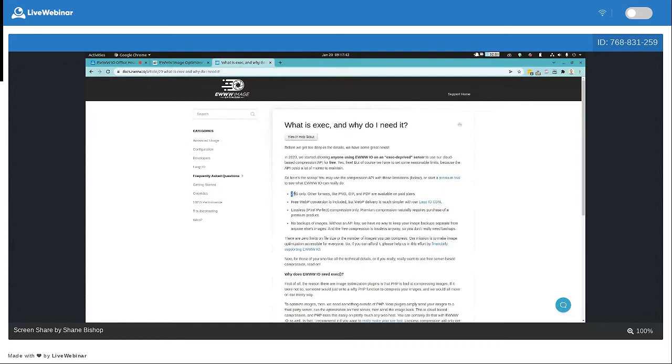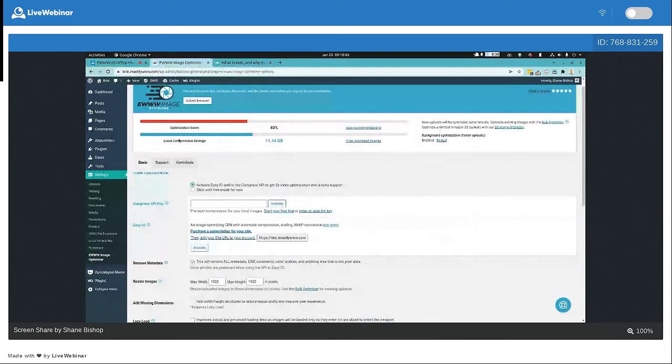So the free API stuff is only for JPEGs, unless you're able to do it directly on your server. And I'll take questions about that later if you have any. So that's the different nuances there. There's one other option for WebP conversion,